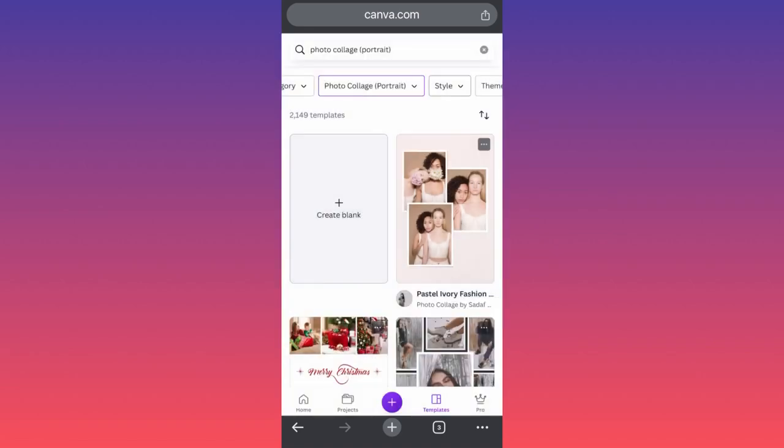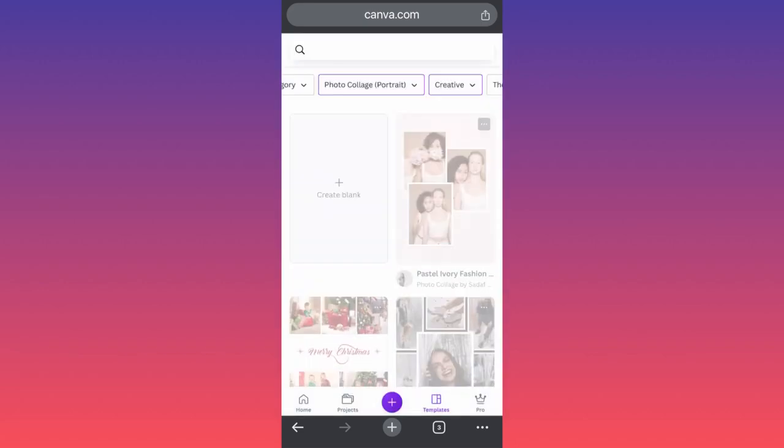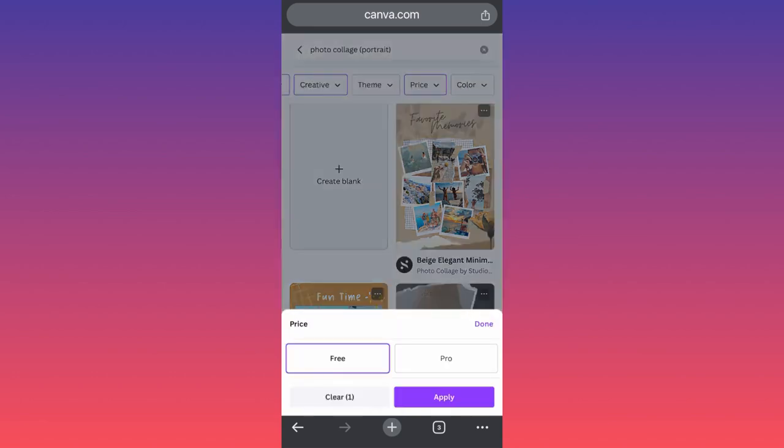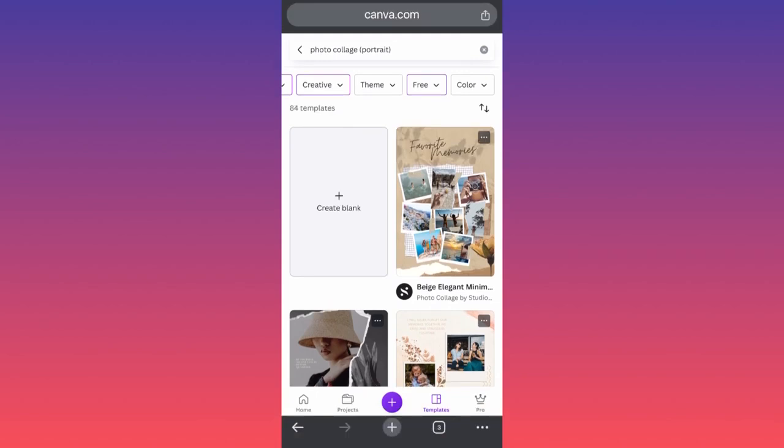The second option over here is simply to pick the style of the collage. This is going to be modern, elegant, corporate, creative, professional. Let's pick the creative one because I presume the majority of you guys have a lot of creative souls and want to create something fun. And the last filter I'm going to apply will be the price, and we're going to filter everything that is currently available for free. So an example over here will be the first one,